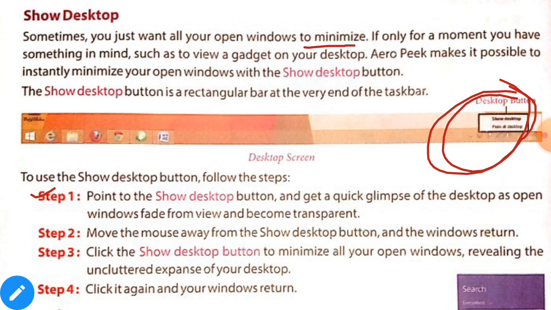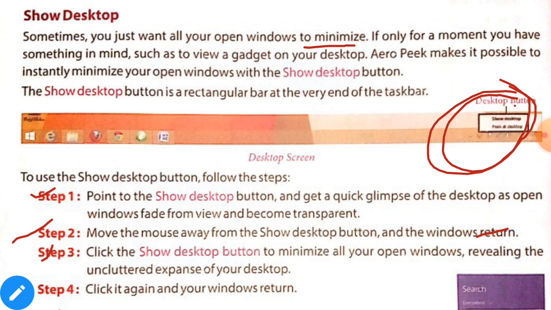If you have your laptop or computer, and it must have Windows 8.1, then please open your computer and you can follow the steps on your computer or laptop while watching my video. Step 2 is move the mouse away from the show desktop button and the windows return.